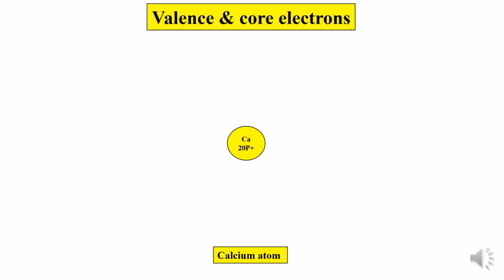Calcium atom has 20 protons in its nucleus, while the negatively charged electrons are arranged or distributed around the nucleus of the calcium atom in their respective shells or energy levels. You first come across the first shell or energy level that contains 2 electrons. This is followed by the second shell or energy level